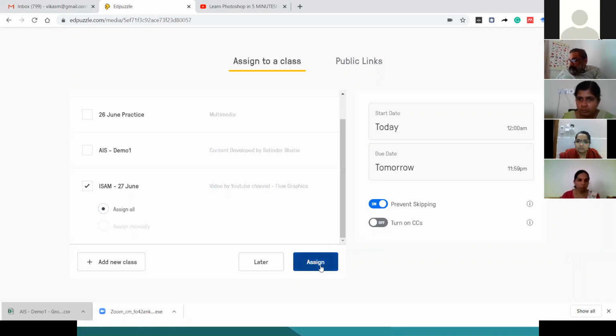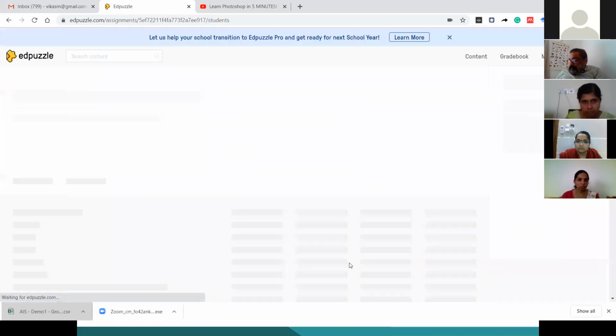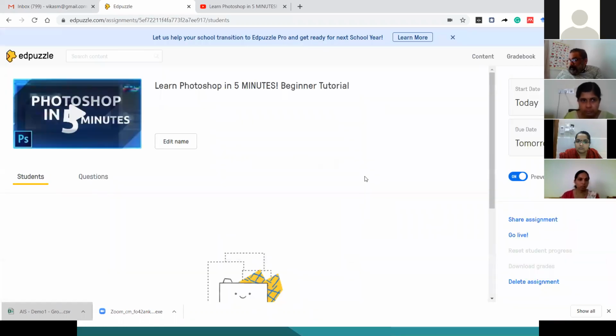Now click assign. Finally, I'm clicking here assign. Once it is assigned, that's it. The assignment has been assigned to one particular class, and then you can click share assignment. Still I haven't shared the assignment with anyone, so these links are invisible. Download grade, reset progress, all these things are